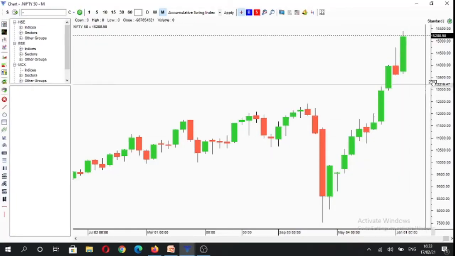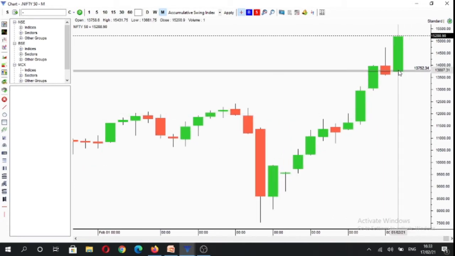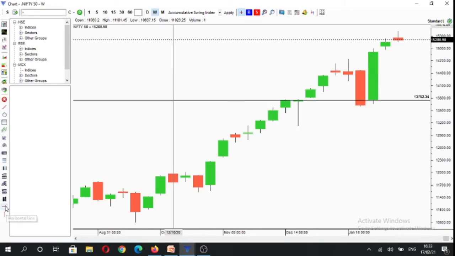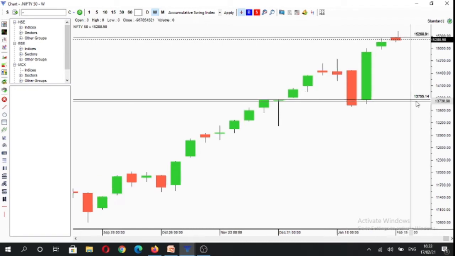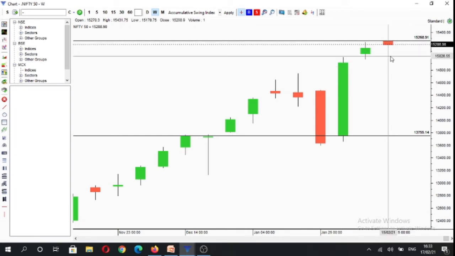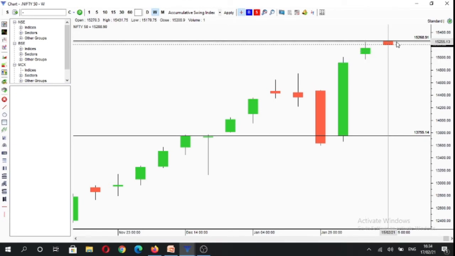If we analyze Nifty on multiple time frames, you will see that on the monthly time frame, market is under control of buyers above 13,758 levels, and on the weekly time frame, you will see that market is now under control of sellers below 15,270 levels. So there is potential for this market to form an outside weekly candlestick as it is trading within the previous weekly range, and there is a potential that it can take out previous week lows as well,